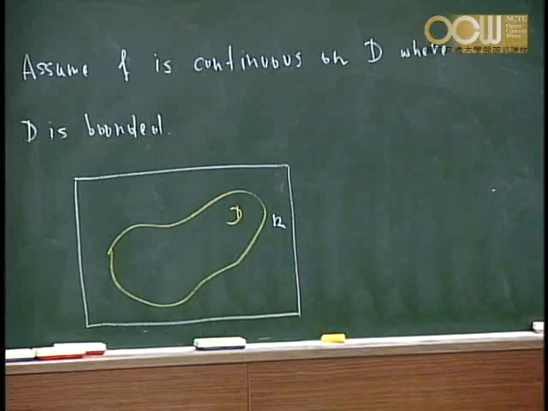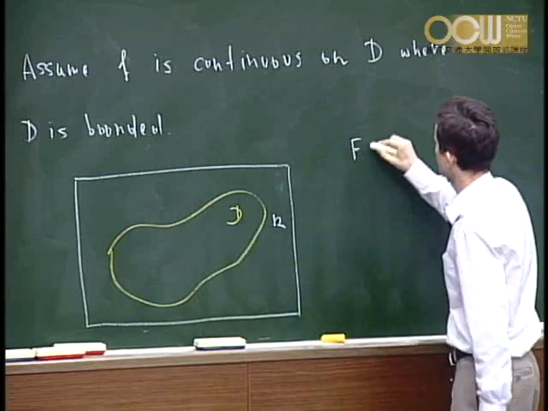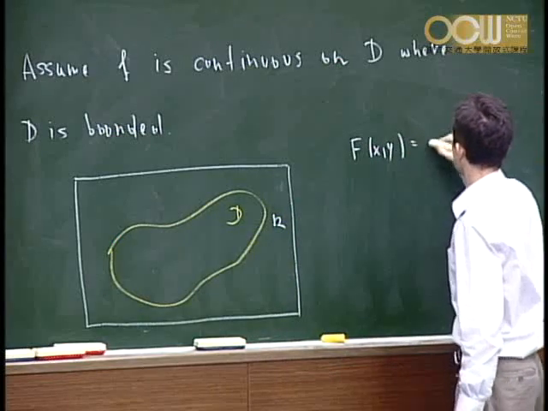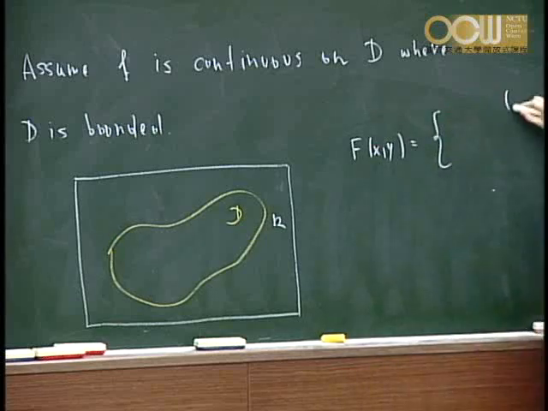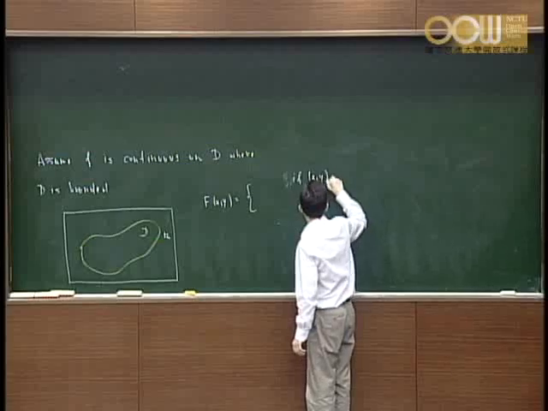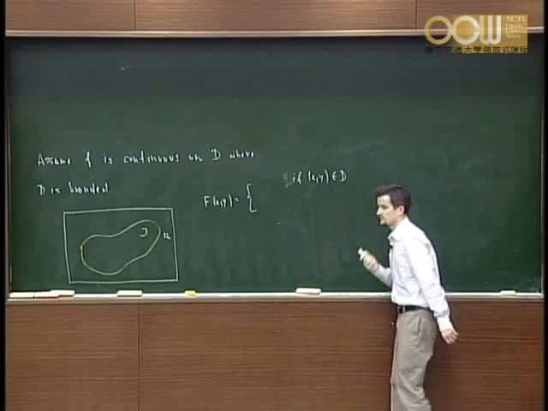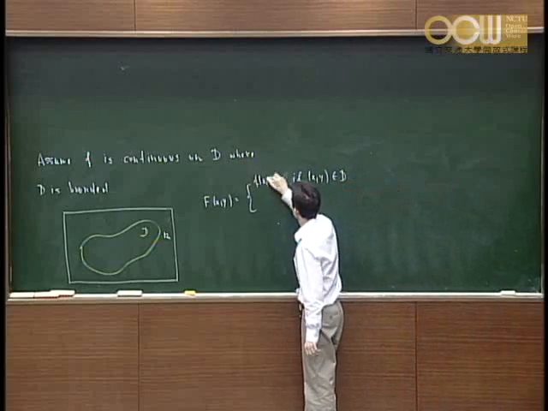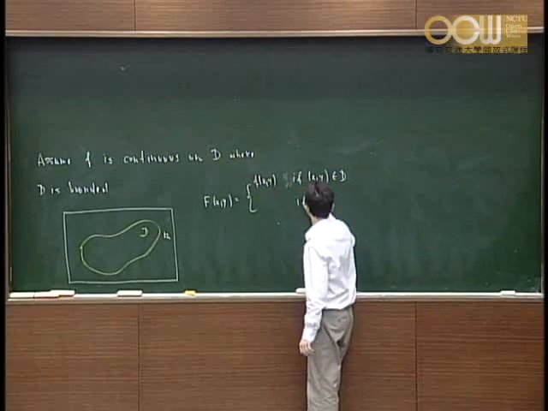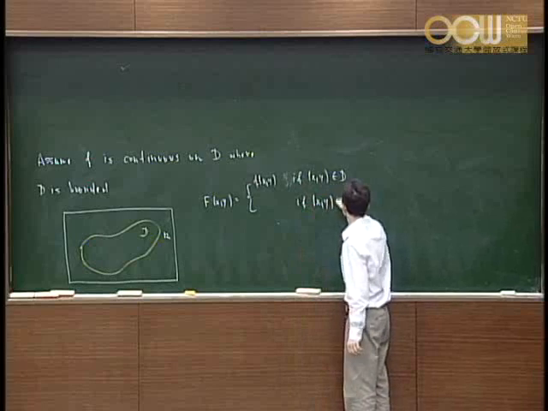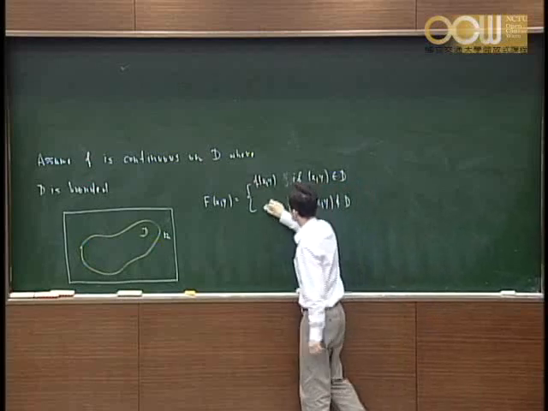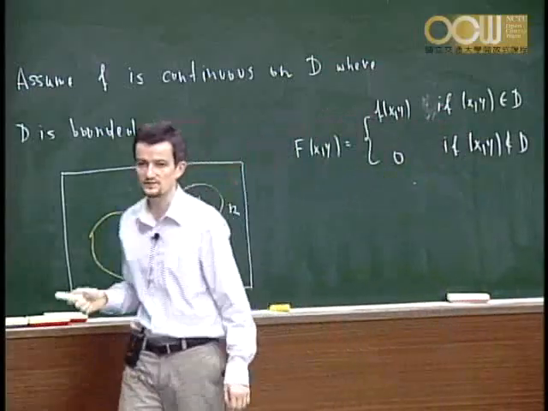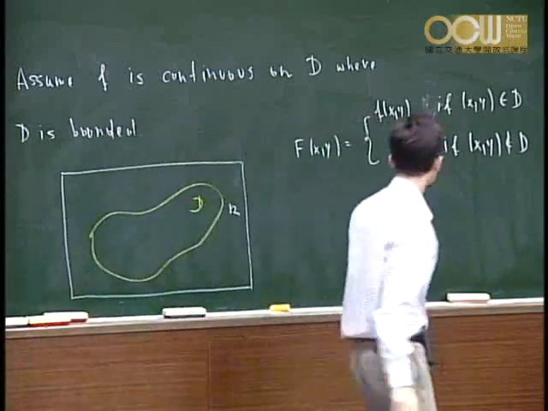Now what we do is we define a new function which we call capital F of xy, which is defined as: if xy is in our domain D, then it's just the original function. If xy is not in D, then 0. So 0 on the box here. Inside we just keep the original function. And